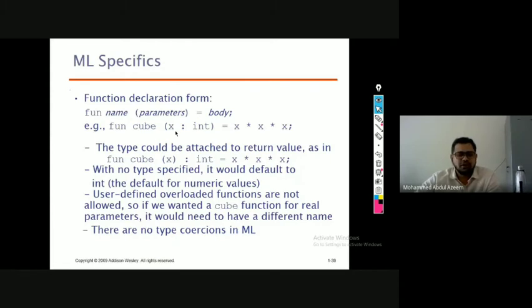Operations required to be defined are also decided at compile time. But here, since it is strongly typed and there is no type conversion, you don't have implicit type conversion either, so you have to explicitly mention the type of the data. Fine. So fun is very similar to your C or C++ kind.